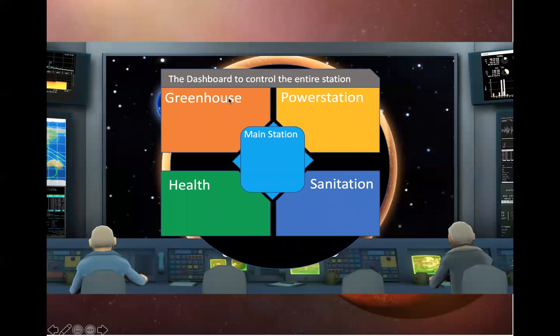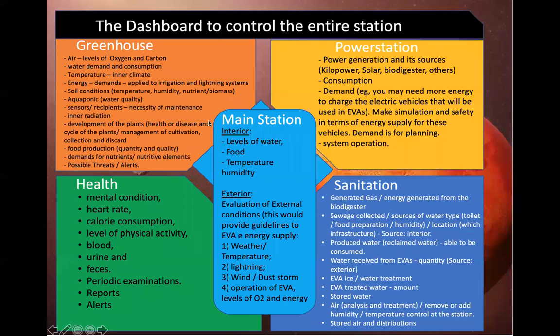And then in the main station, we have control mainly of the activities in the greenhouse, the power station, the sanitation, the health. Okay, and then I just add this next slide to share with you today. This is the crew that will be showing for the first time the next slide. And then also in this slide you can see some aspects, some elements controlled